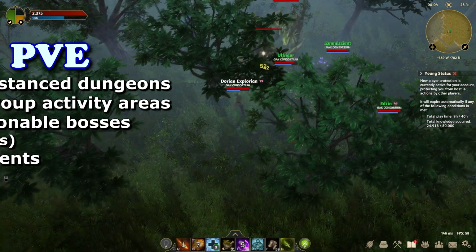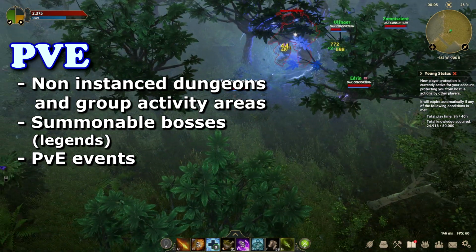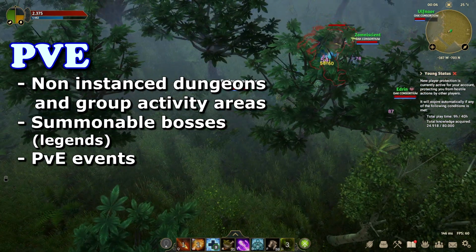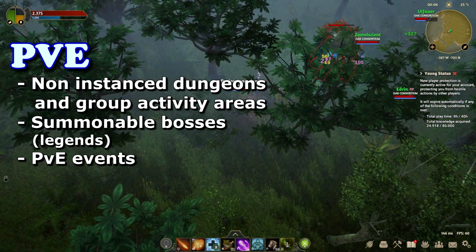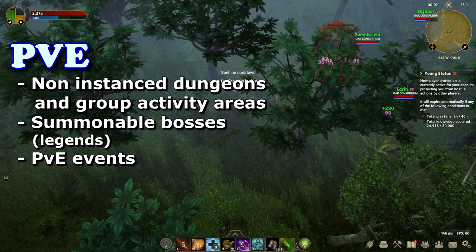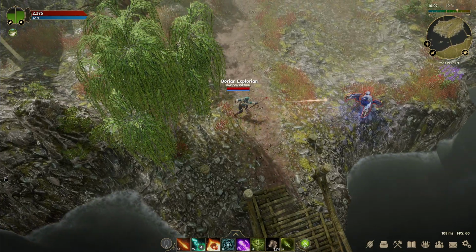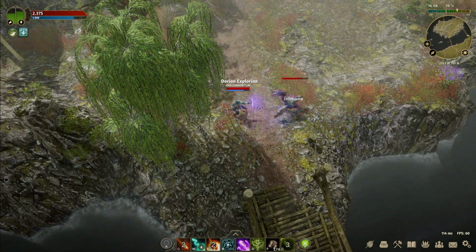With free roaming monsters and densely packed locations for group activities, you can also take on bosses called legends. These need to be summoned by obtaining special items and will be challenging to beat, as well as giving you great rewards when beaten. Fractured Online has another way of balancing the player's experience regarding PvP and PvE, with its